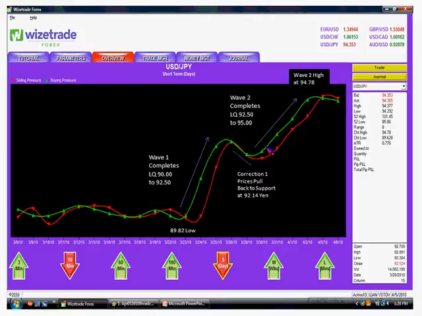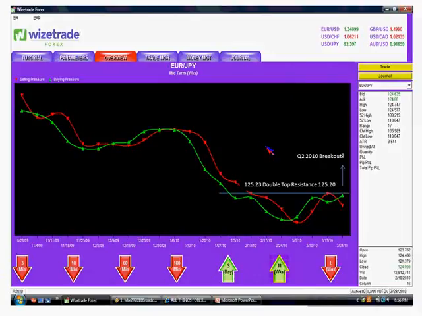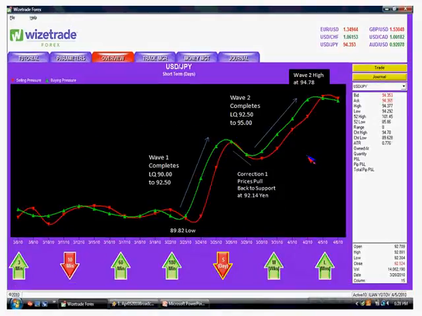This is why in my quarter theory methodology, I have designated the rule that prices do not need to reach a large quarter point, for example 95.00 yen, exactly to the pip. As long as prices reach a number as a high, low, open, or close that is within 25 pips of